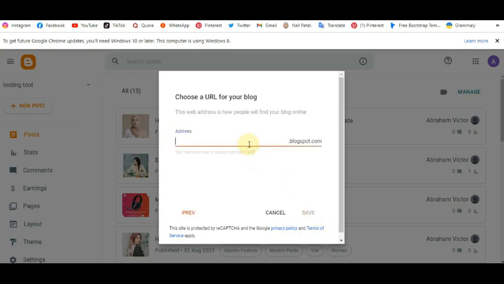Once you click next, you're going to enter a URL for your website. Now you could change this URL to a custom URL, but for now we're going to stick with the blogspot, which is whatever name you choose that you're going to add .blogspot.com to the end of, so as to be able to access your website. So now let's call this Victor Store